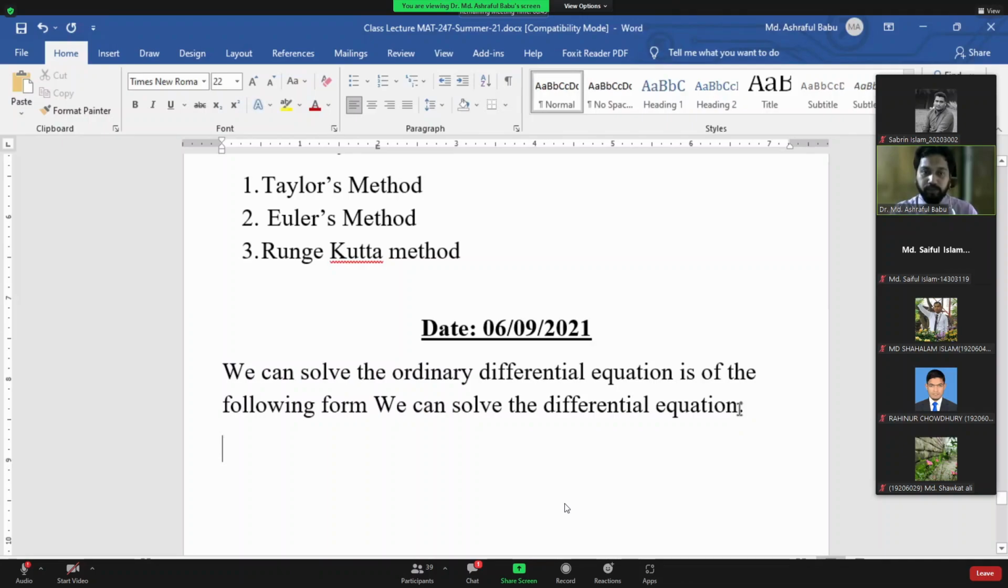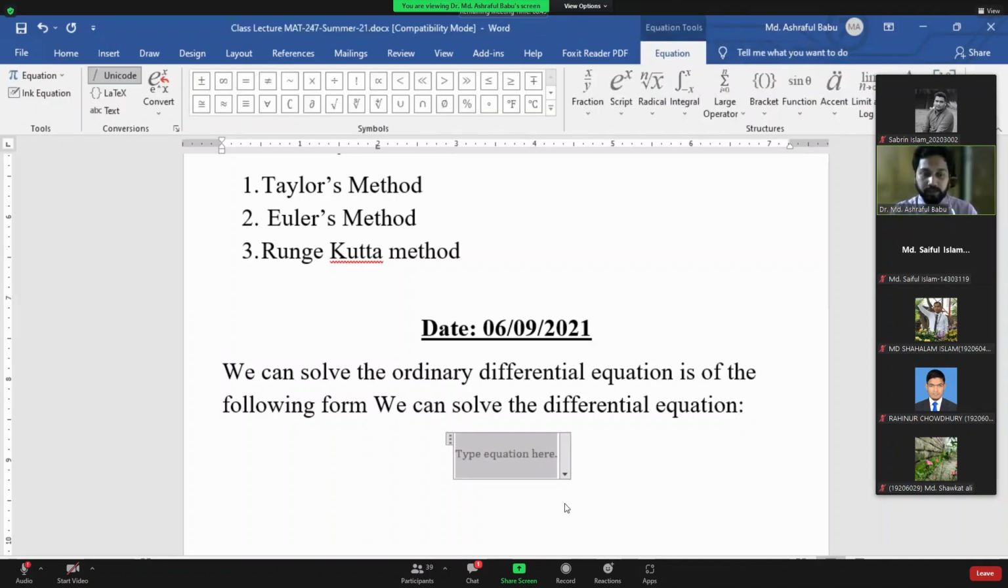So what is the form? That is the form actually: dy/dx equal to f of x, y. So this is the important thing you have to know: what types of differential equation we can solve by